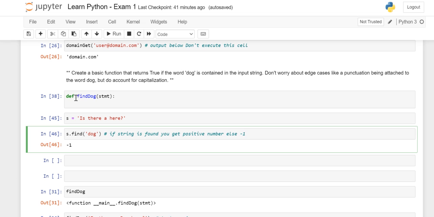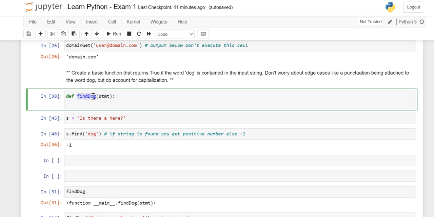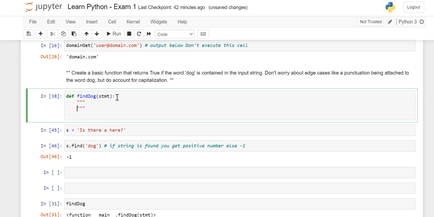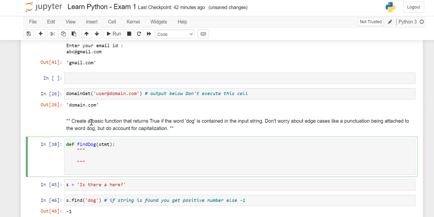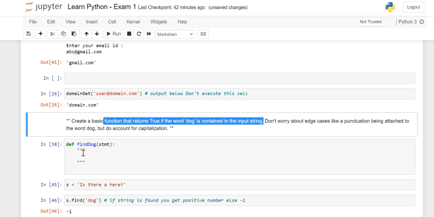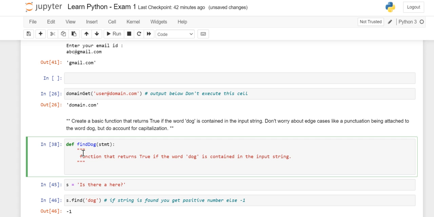So what is our function name? find_dog, and it takes one string as input. Let's give our dog string. So this function returns true if the word dog is contained in the input string, else false.